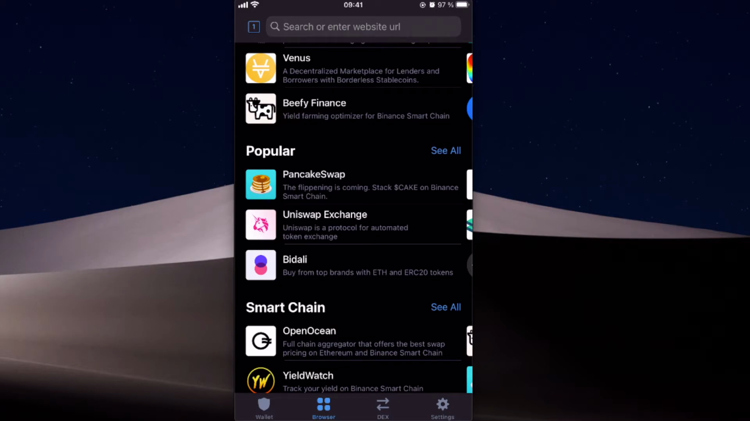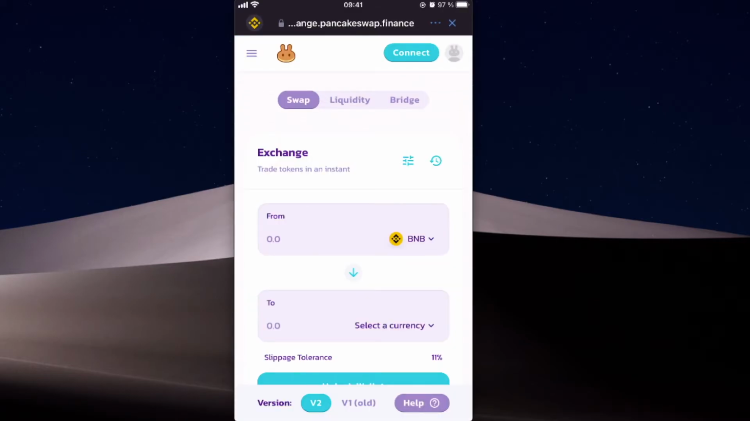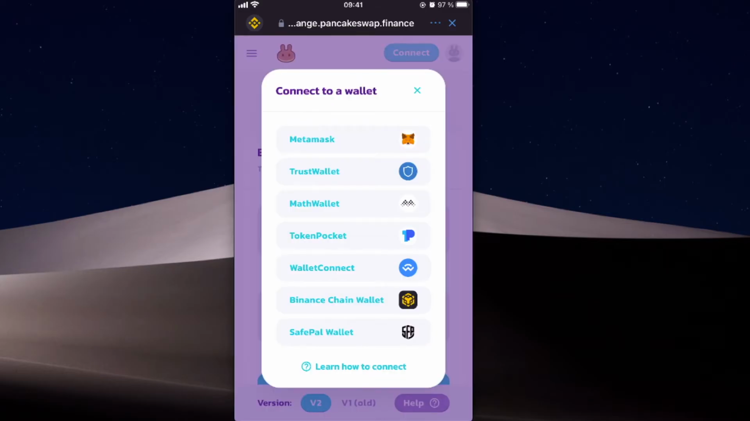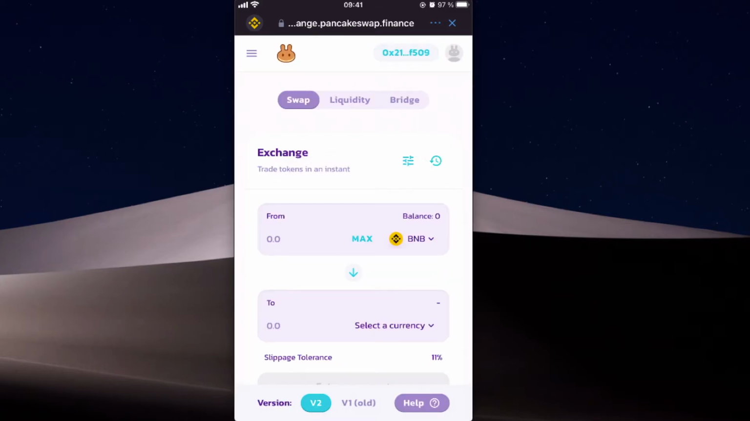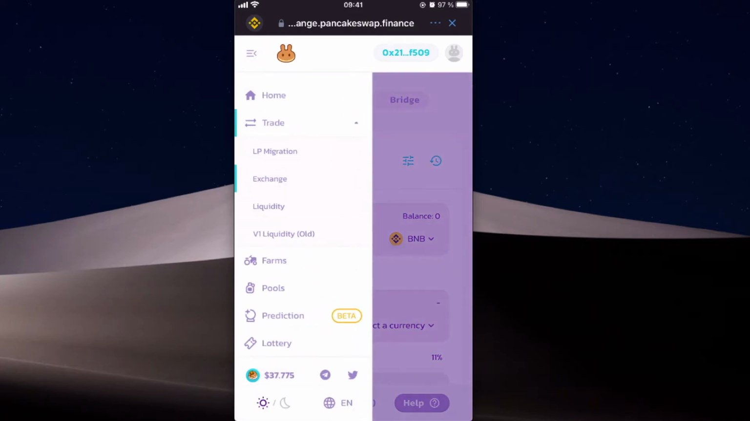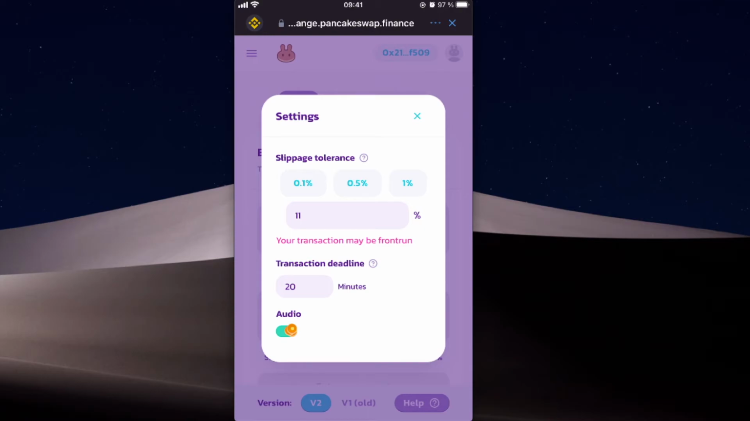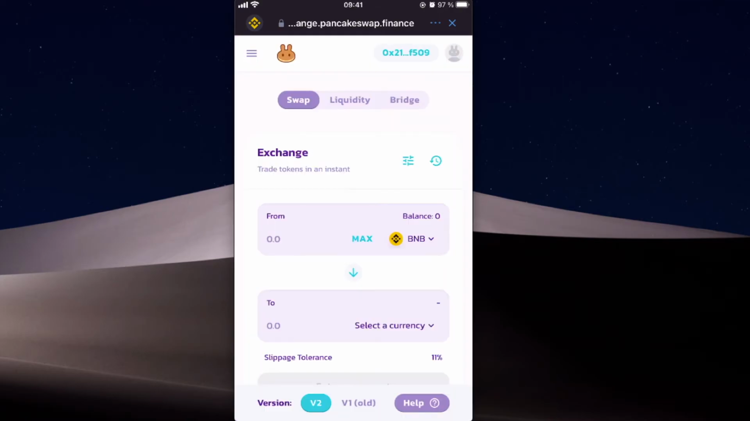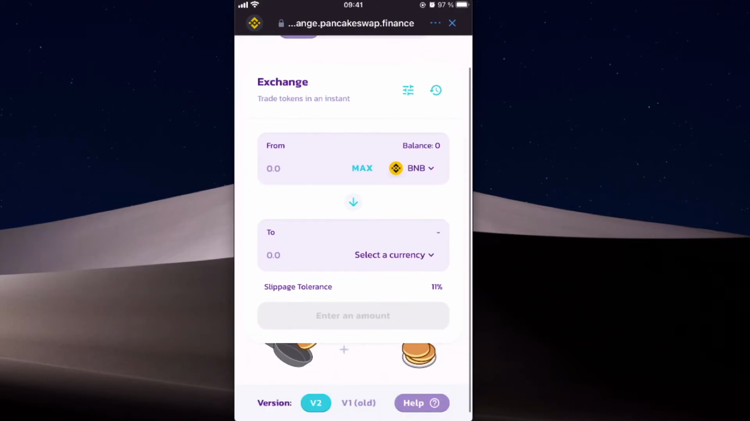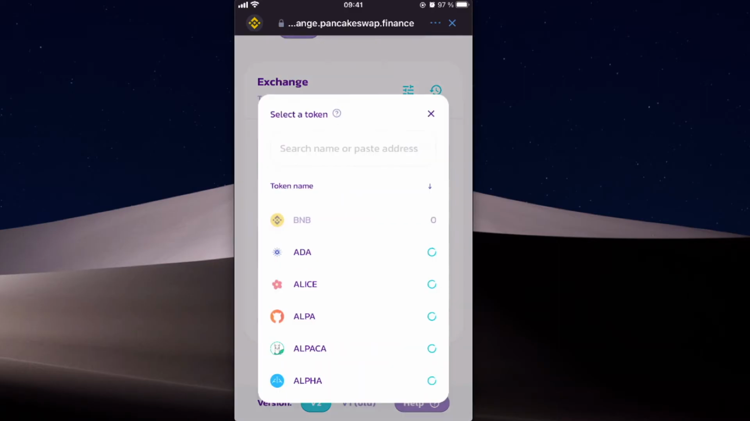So in order to buy this BlowFish, we need to use PancakeSwap. So I'm gonna click on PancakeSwap and I'm gonna connect my Trust Wallet here. So you click on Connect Trust Wallet, and in order to buy this BlowFish, you need to be on the exchange section. Make sure to make slippage tolerance 11% or lower, and after that, from BNB to this BlowFish, we